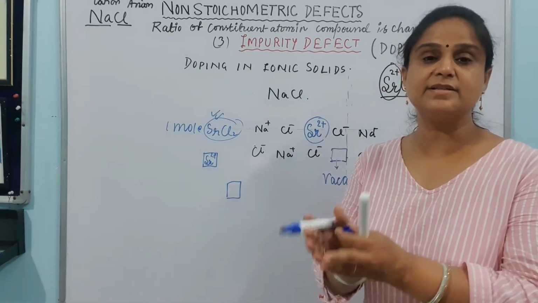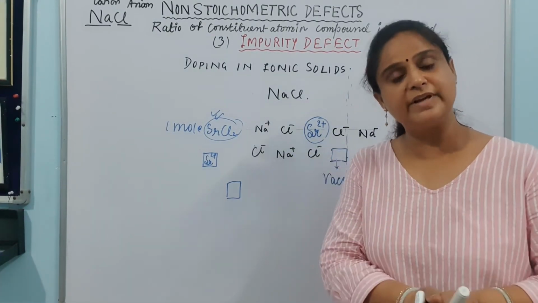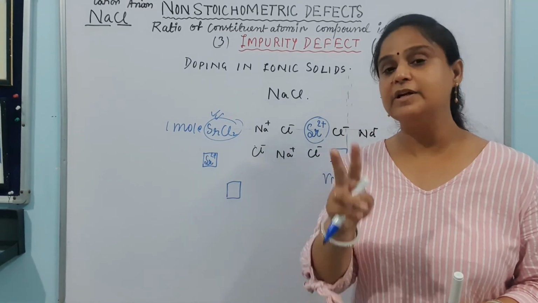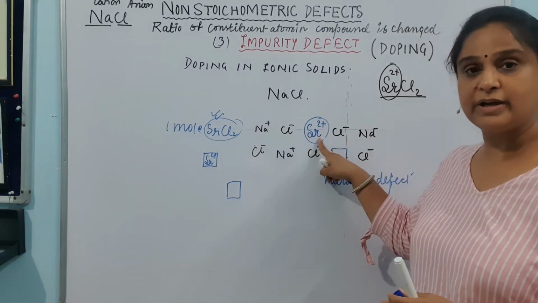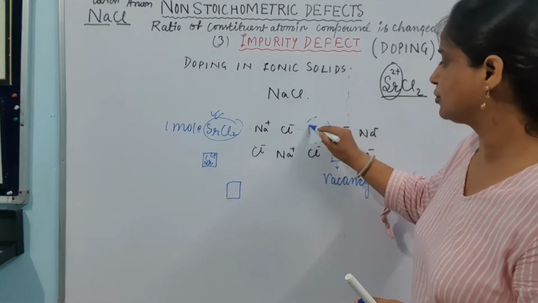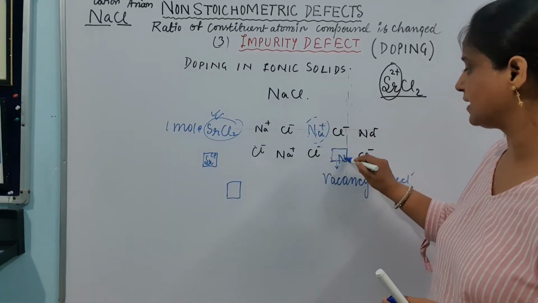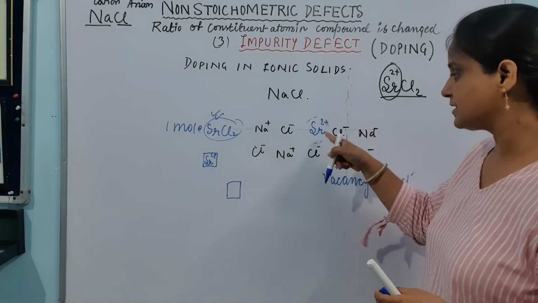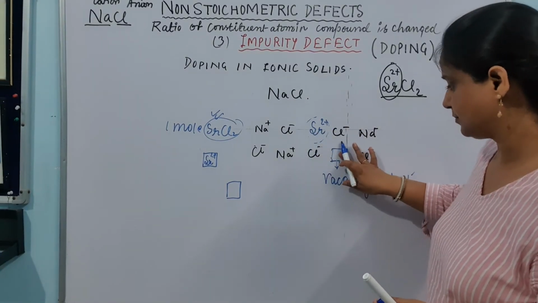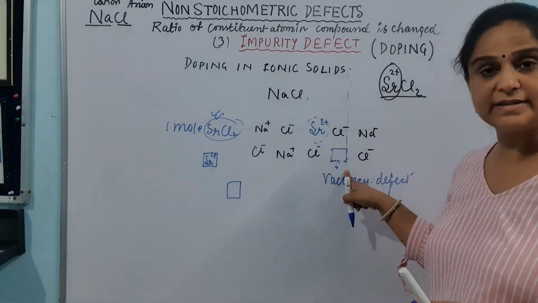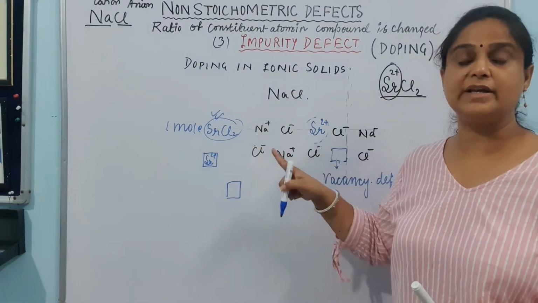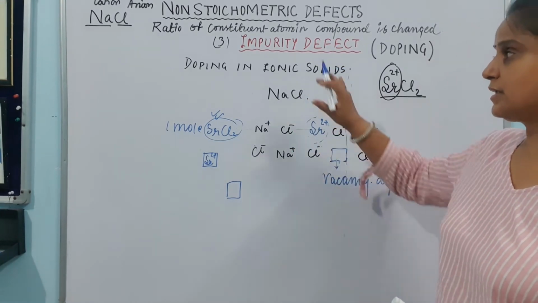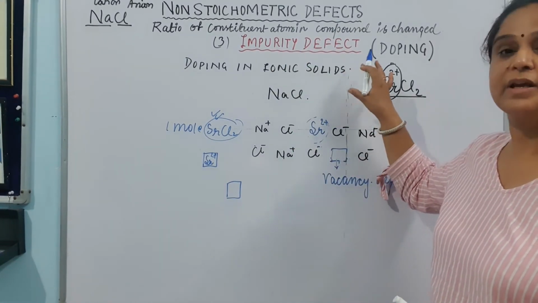The vacancies will be created in the same number जितना SrCl2 you are adding to it. So if you add 1 mole SrCl2, 1 mole vacancies will be created, क्योंकि total 2 cations will be removed. Out of these 2 एक तो occupy हो ही गई ना, मतलब ultimately I have removed 2 Na+, है ना, इसकी जगह Sr+2 आ गया. How many vacancies are created? Only 1 vacancy ना, तो जितने आप SrCl2 डालेंगे उतनी ही vacancies will be created. So you have to remember this in the doping of ionic solids.